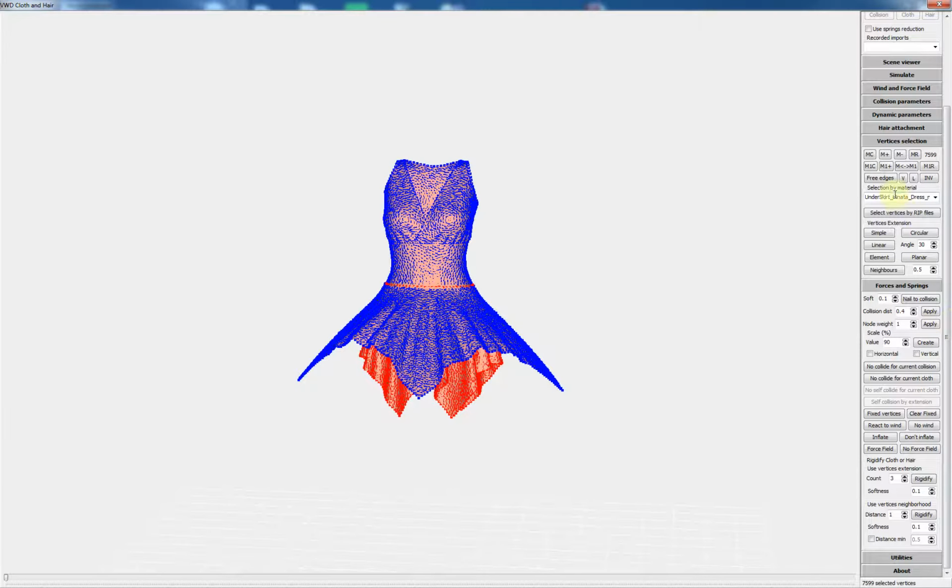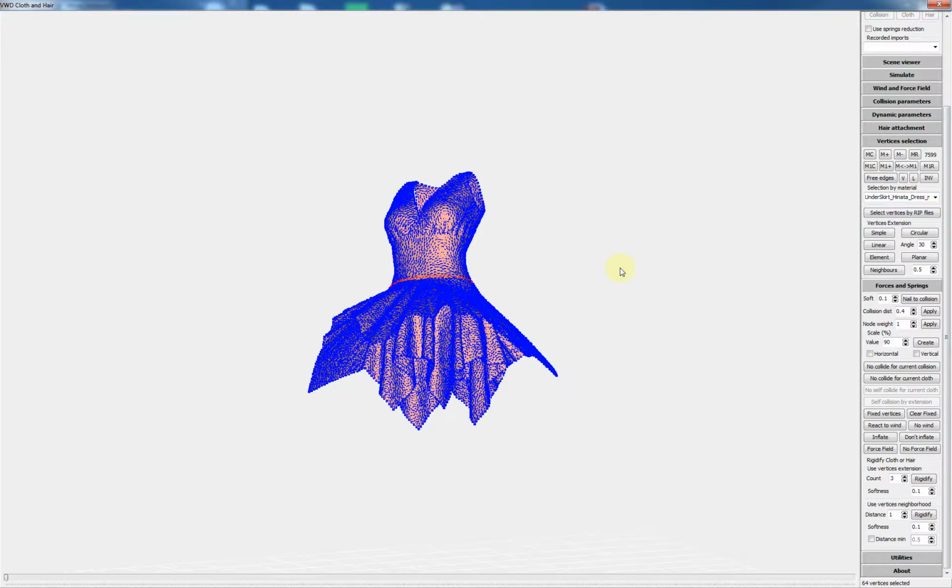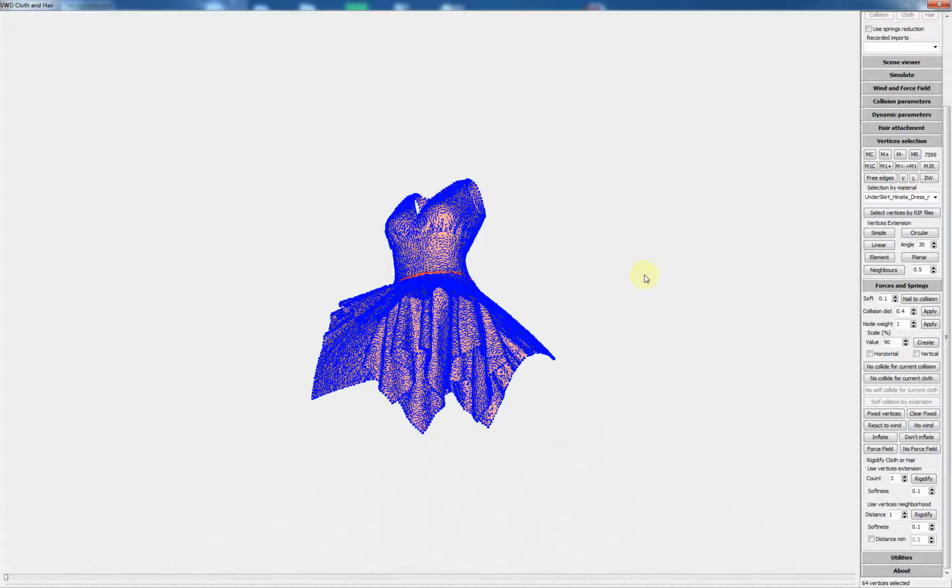I can use the free edge that we have used in the previous tutorial, and I remove using the Alt key. I remove the parts which are not useful, and I will expand this selection using an expansion by neighborhood.